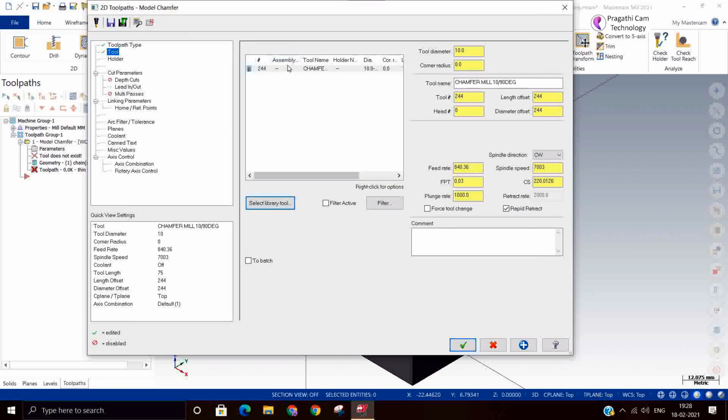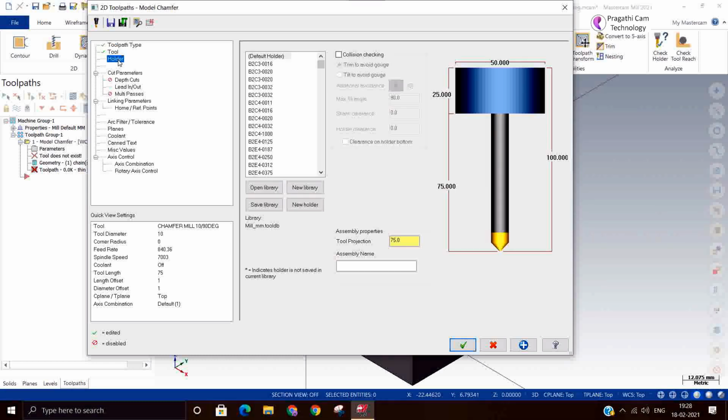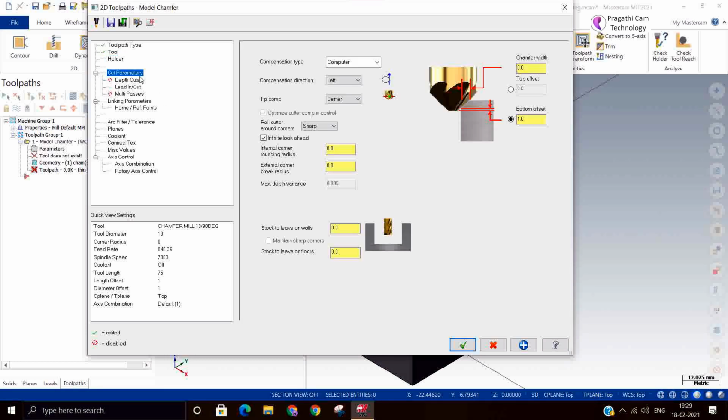If you want, you can change the tool number, feed rate and spindle speed as per your machine and the material. You can add your holders. So now the chamfer has come.